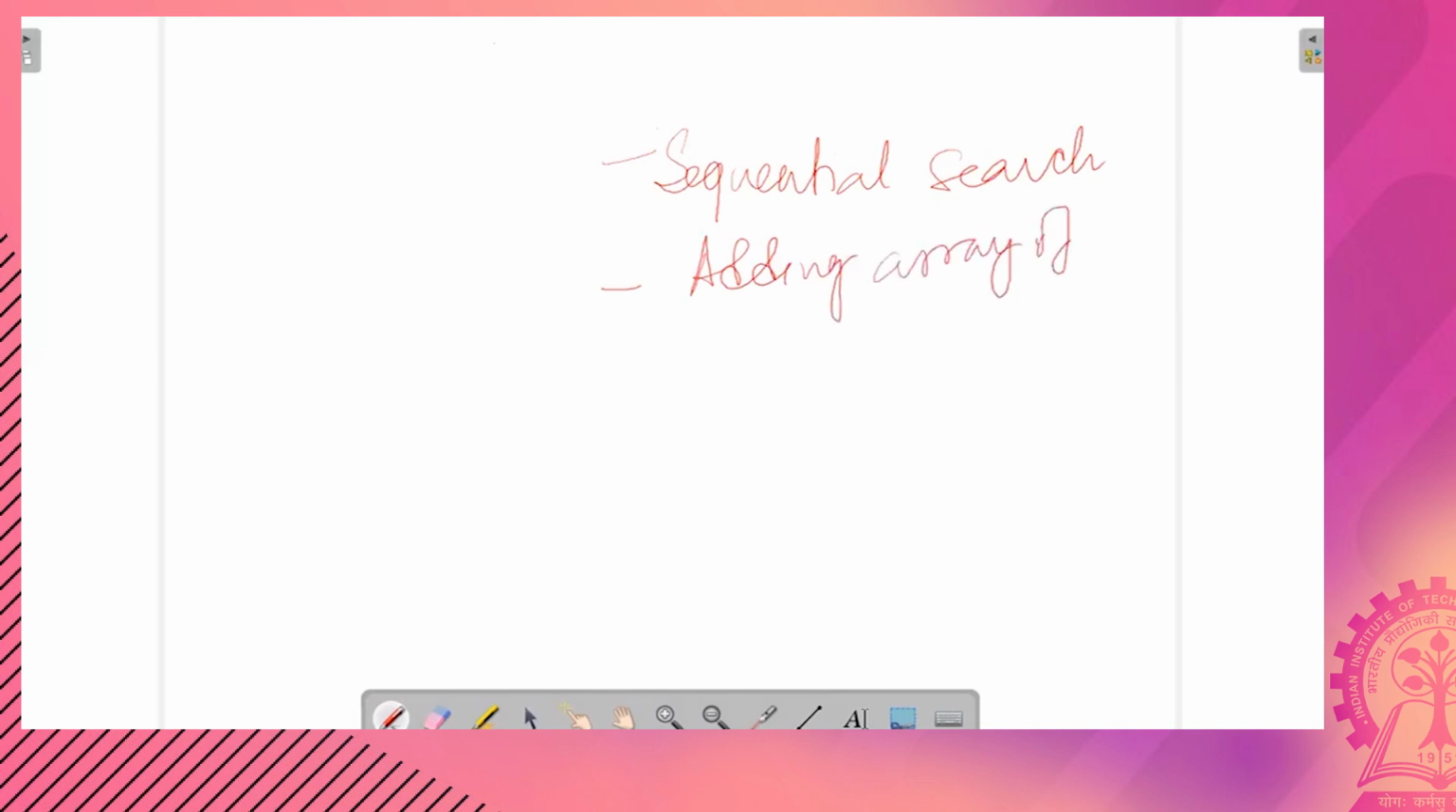Some of them were, just to recap, sequential search, adding an array of numbers, multiplying two matrices, binary search,